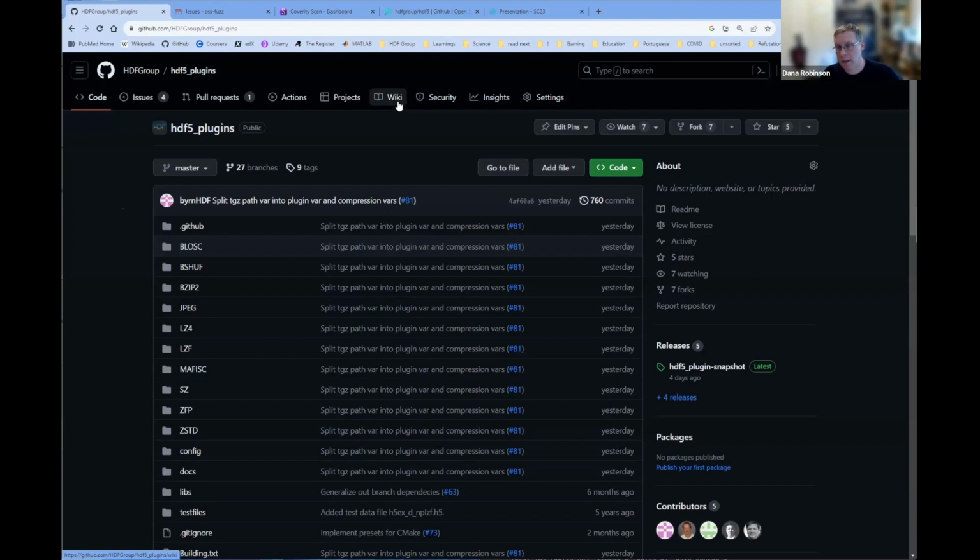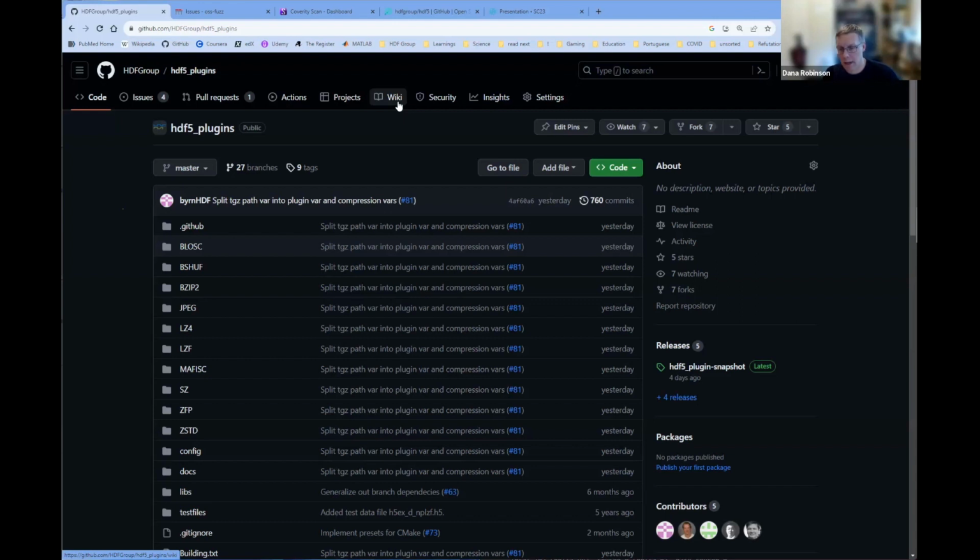People want to know that the compression filters are being maintained, that we have a commitment to making sure that data written out with important filters, like the ones used in h5py and PyTables, will be available in the future, in the same way that people feel confident about using zlib and szip because they're built into the library and we maintain those. We want that same kind of thing to exist for other compression filters.